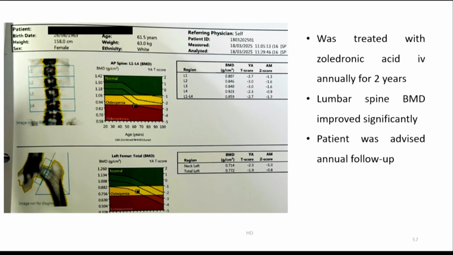So coming back to the patient, she was treated with zoledronic acid IV annually for 2 years. Her lumbar spine BMD improved significantly. As you can see, the T-score was minus 3.1 to start with, which improved to minus